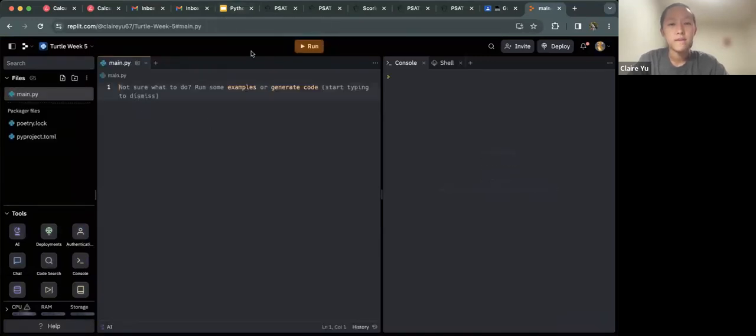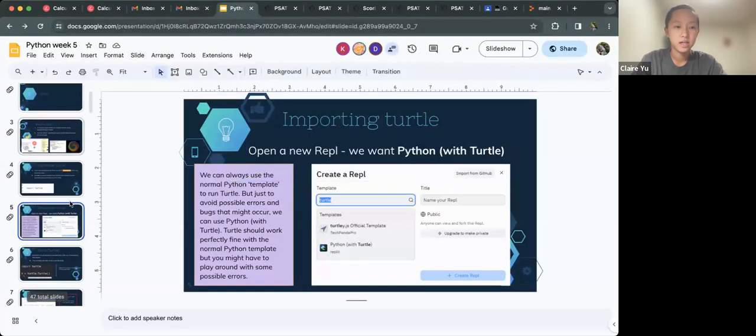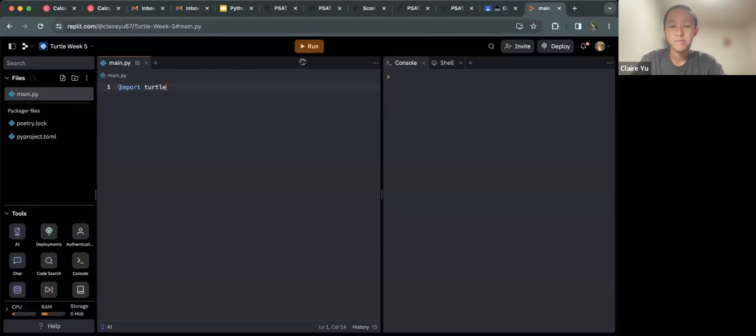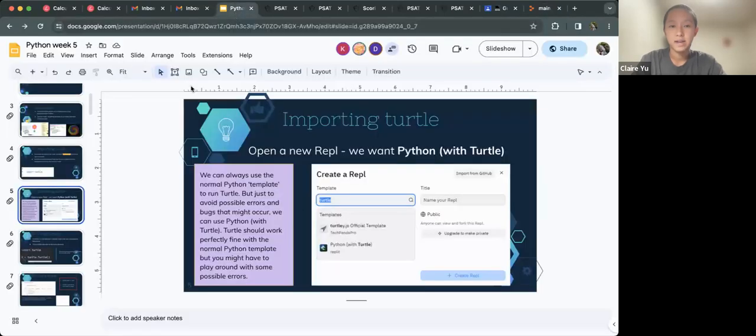So now that we have our REPL open, the first thing that we want to do whenever we want to use Turtle is import Turtle. So we're just going to write that at the top. And for now, we're going to leave it as is. We'll come back to it. So now hopping back to the slides,